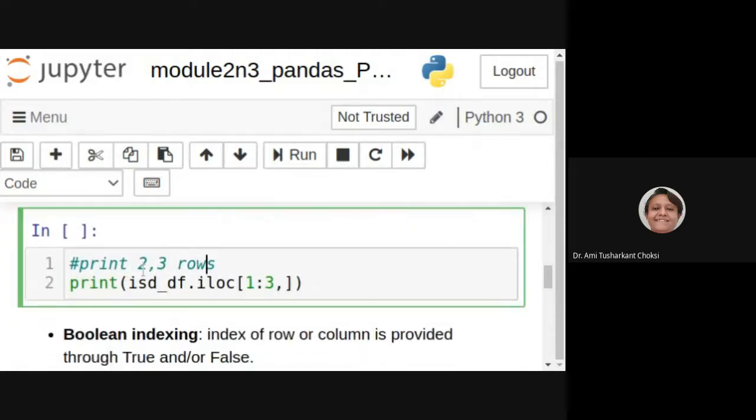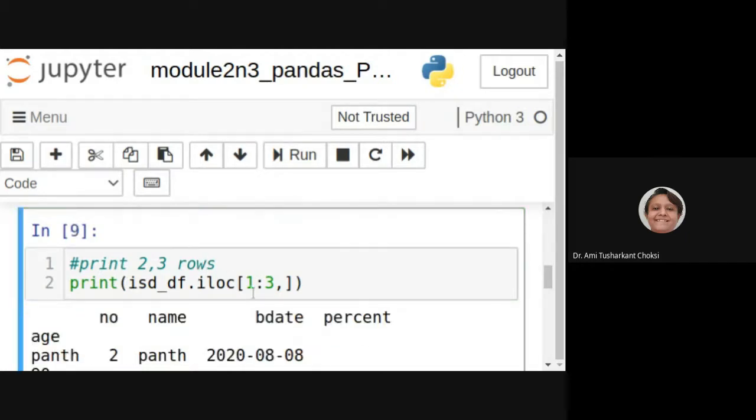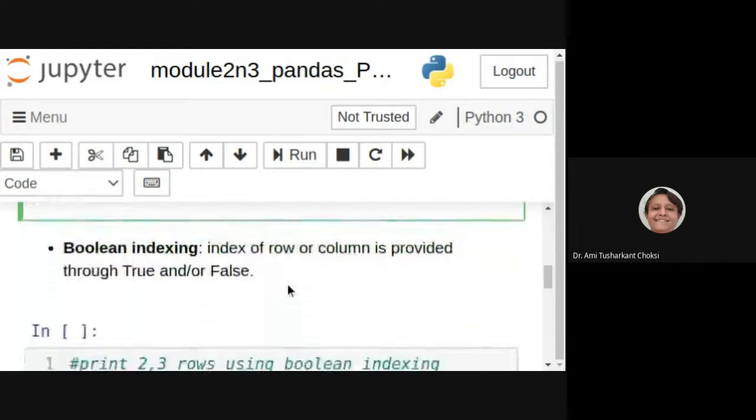So if you want to get 2, 3 row numbers, we can get it this way, right? How? That is 1 colon 3. So it will be taking 1 and 2, right? Row number, no, that is the index number, isn't it? Index number 1 and 2. That means it is row 2 and row 3. Fine. And what about columns? Everybody, right? Because nothing is being specified.